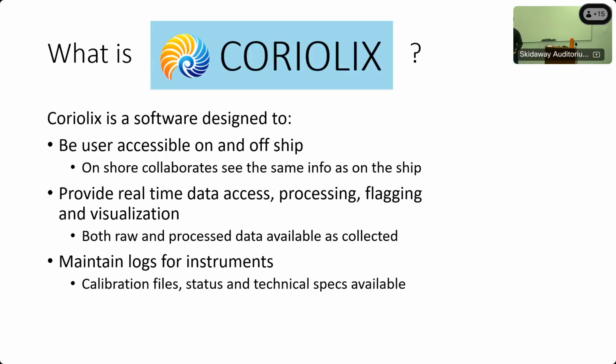You don't have to download it, run a script, and then figure out what's going on. It's just going to graph it for you. And then lastly, of course, it maintains logs for the instrument calibrations, maintenance, and provides technical information to make your lives easier when you're at sea. So you don't have to go through a bunch of different manuals and find out,